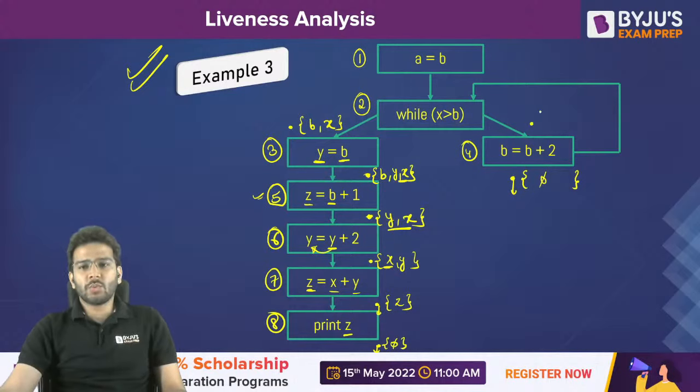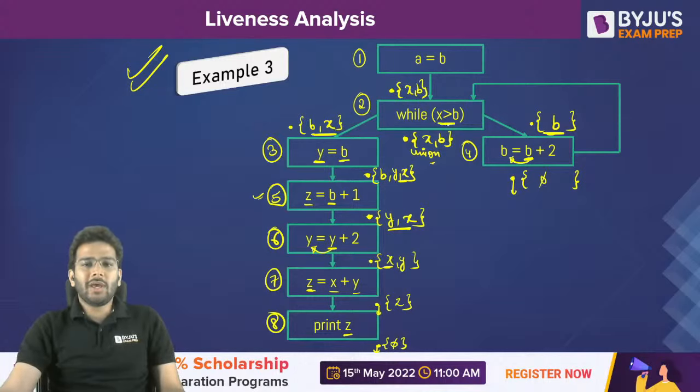You can say it is just 5 because we are not having any live variable present here. But if you talk about this one, we can say yes, B is our live variable because first we are reading the value of B and then we are writing into it. So B will be your live variable. If you go upwards, you have to take what? Union. So the outset of this will contain the union of this one and this one. That means X comma B will be there for sure. Clear? Because here we are finding the union. Now, if I talk about this point in the program, definitely it is going to contain x comma b because we are not performing write into x or b. We are just reading the value. So x comma b will be there.